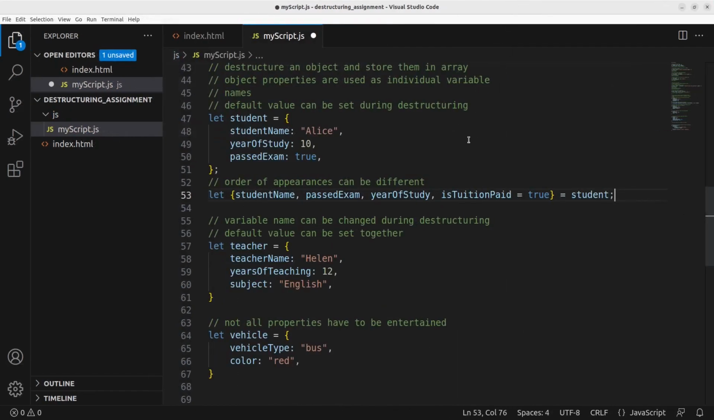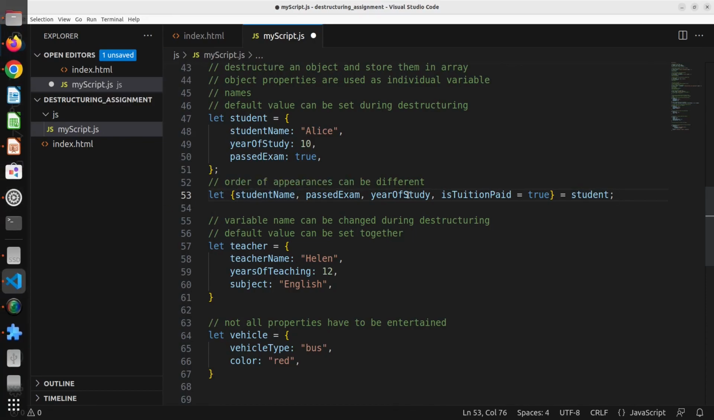So the idea is like this. I want to assign the student object to these 4 variables embraced by a pair of curly brackets. But we can see that there are only 3 key value pairs in my student object. But you can see I have 4 variables, and actually the extra variable is provided with a default value. So we can set up the default value during the destructuring, even if the object doesn't really contain that key